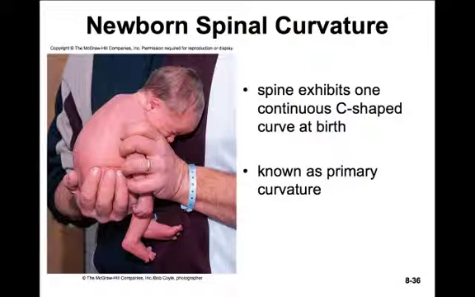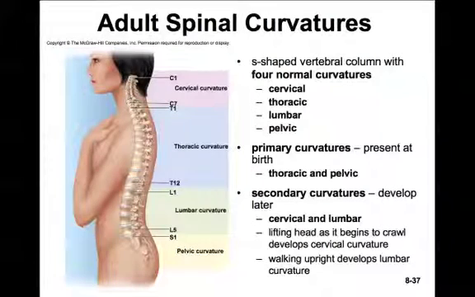Now, when a baby's born, there's only one curvature in the spine. It's that classic fetal position curvature. It's a C-shaped curve, and this is known as the primary curvature. However, as we grow up, we adopt a secondary curvature. This secondary curvature develops as a baby begins to crawl. As it lifts its head, we start seeing the cervical curvature,